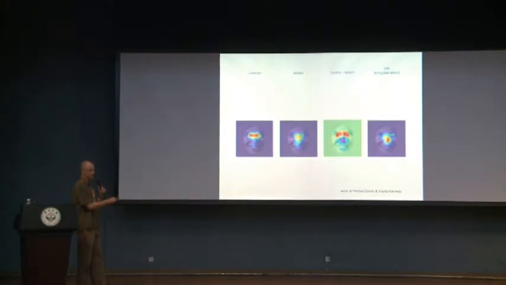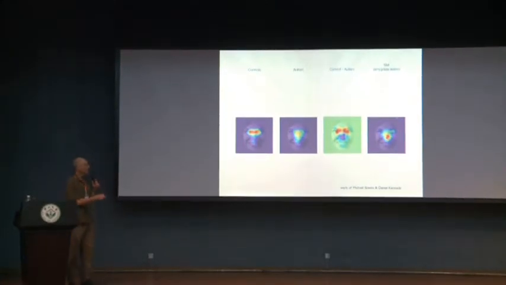People with autism look less at the eyes, and you can see that most easily here in just the difference. If we just subtract these two, the red is where the controls look most, and the blue is where the autism subjects look the most. So this finding has been replicated also by many other groups, the finding that people with autism do not look at faces normally. They do not show the normal preference for looking at the eyes.